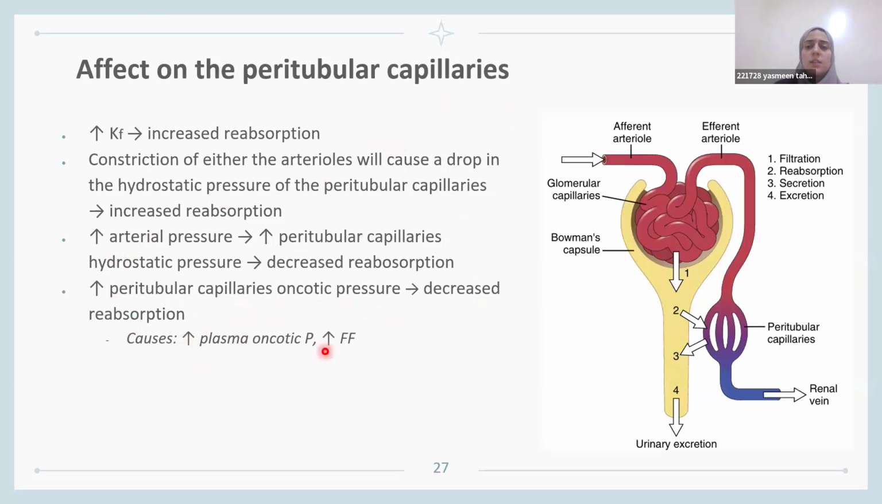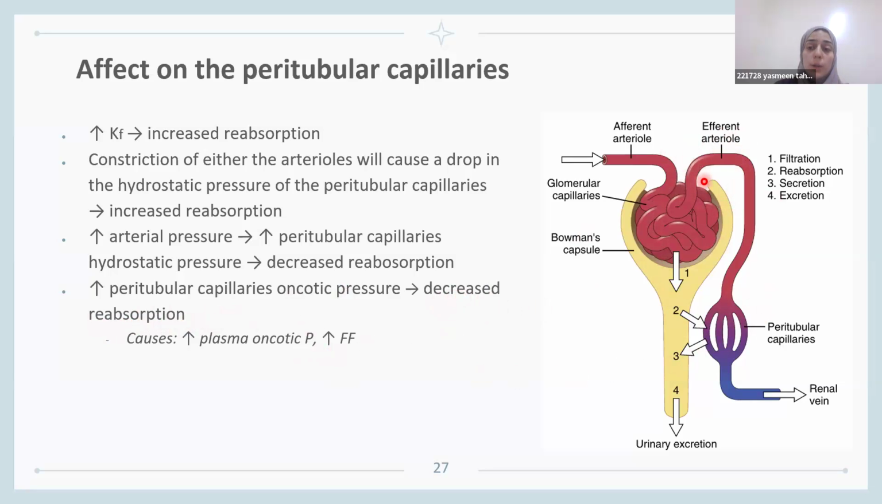Okay. In this case, like I mentioned, anything that's going on in the plasma is going to affect the peritubular capillaries. So if we have higher plasma oncotic pressure, we will have a higher peritubular oncotic pressure. And here it should say increased reabsorption. I'm sorry, I think this is a mistake. I'll fix it later. And if we have higher filtration fraction, we just explained how higher filtration fraction will cause